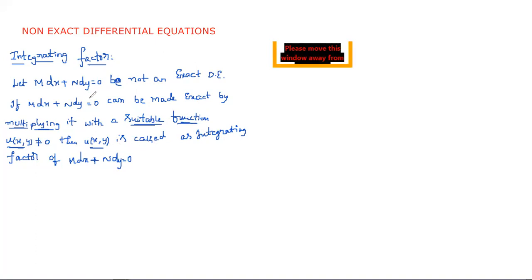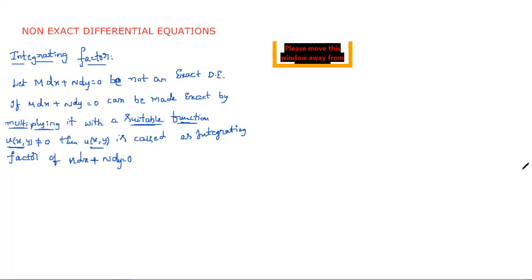Here we have different methods for finding integrating factors. In non-exact equations we learn a total of 5 methods. First one is inspection, second one is if it is homogeneous, third one is if the differential equation is in a specific form, fourth one is continuous functions, and fifth one is continuous and differentiable functions. By using those 5 methods, we make non-exact differential equations into exact differential equations.